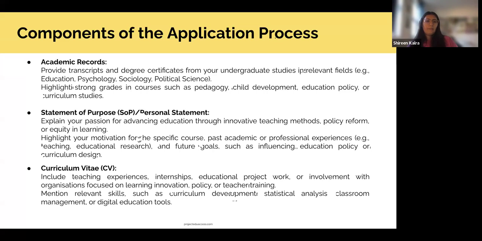Next up, and personally, I think this is the make or break of any application. Because what happens, honestly, is when you apply to a university, almost everybody who's applying to that university is meeting the cutoff, so to speak, of the academic record that they're asking for. So if you're applying to, say, LSE, chances are that everybody else who's applying also has almost similar grades. That's not to say that grades don't matter, they do, but they're not the make or break of your application, is what I'm trying to say.